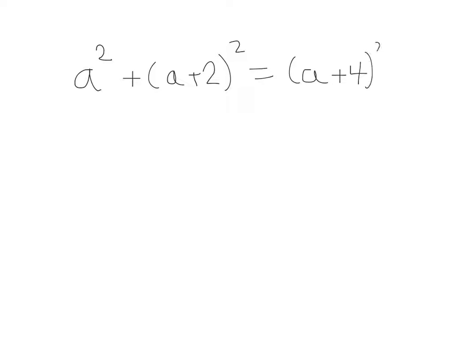So a squared plus b squared equals c squared. A squared, our side b we called a plus 2, so a plus 2 squared equals c squared. And our c, our hypotenuse, we called a plus 4. So it equals a plus 4 squared. Looks more complicated than it is. We remember that when you square a binomial, it's just like take that binomial and